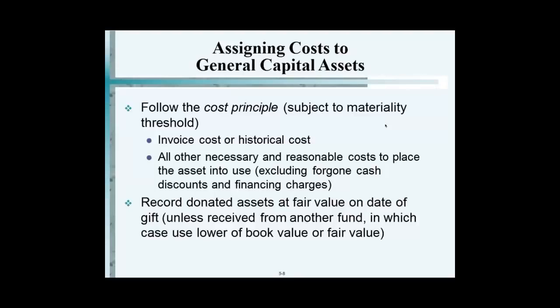Somebody gave you it. Well, it would be at fair market value because it's donated, but the journal entry there is you have to debit an asset, right, for $10,000. What do you credit? You credit a revenue account, some kind of a revenue account, because there's no cash involved here, okay? And you'll see examples of that in the book.